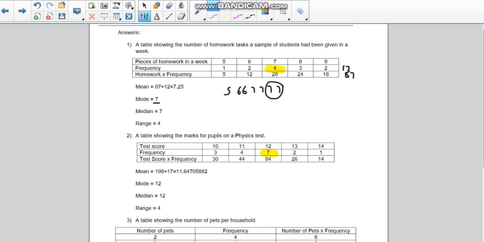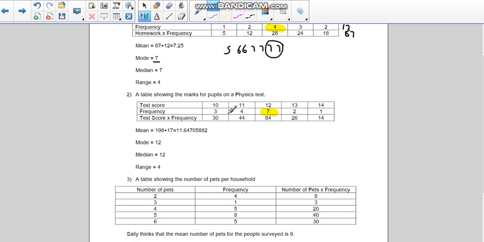Let's have a look at question 2. Again, check that this row is filled in correctly and it should total 198. And check that the total for this row here should be 17. So then to find the mean, you're going to do this total divided by this total, which comes out as 11.64. The mode is the one with the highest frequency. If we look at the frequencies, the highest frequency is 7, and that is for 12 as a test score. Okay, the median, so I've got 17 bits of data,